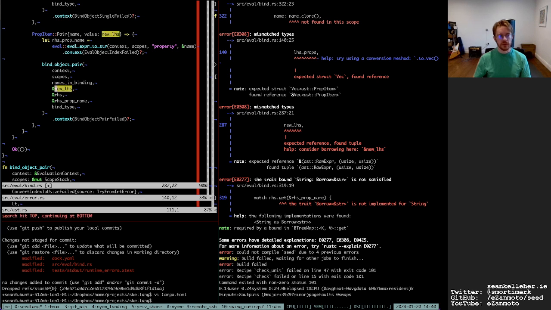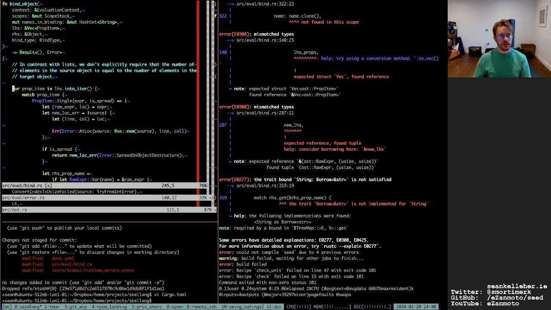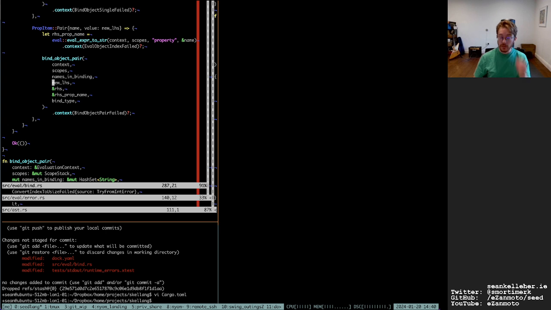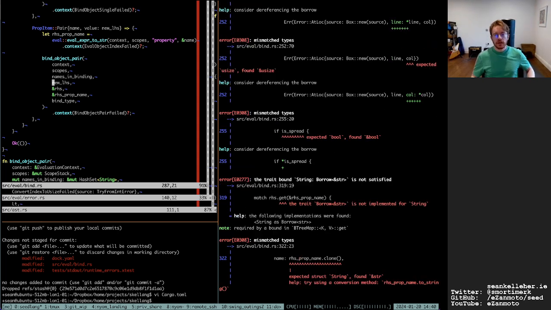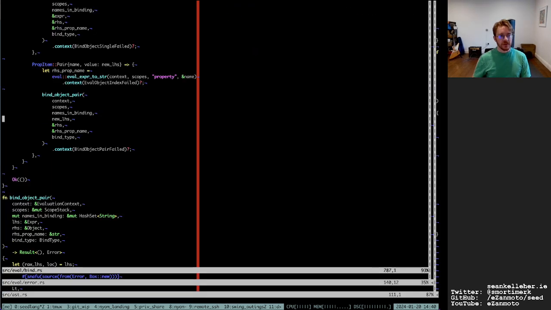Even though I would have thought that that would be bound as a reference. In fact, it possibly will with the new changing the vector of props to be the address of a vector of props. Yeah, and that means that those need to go back in.